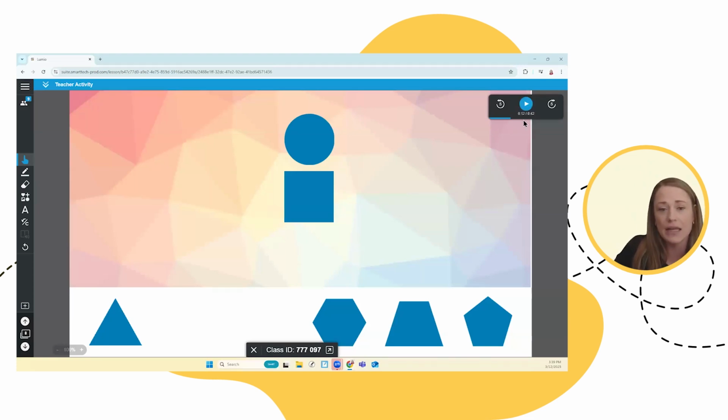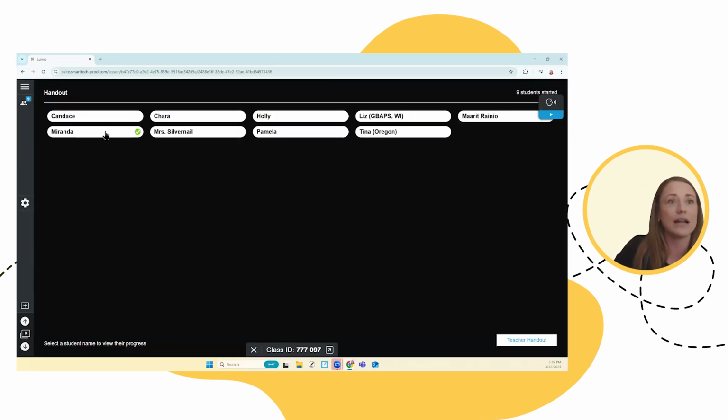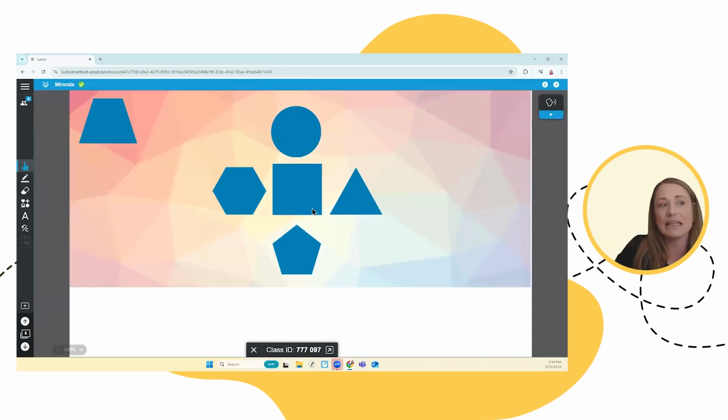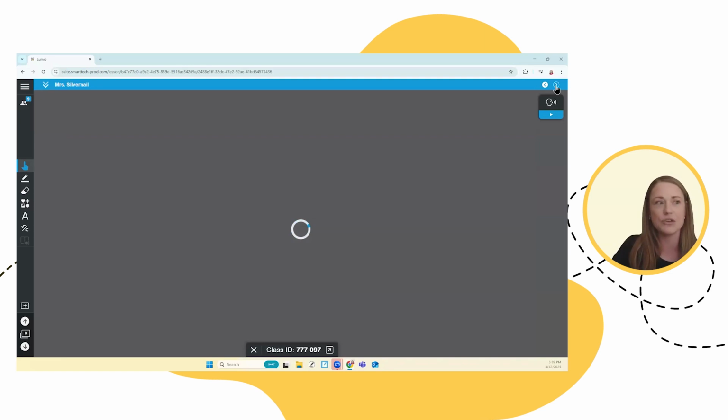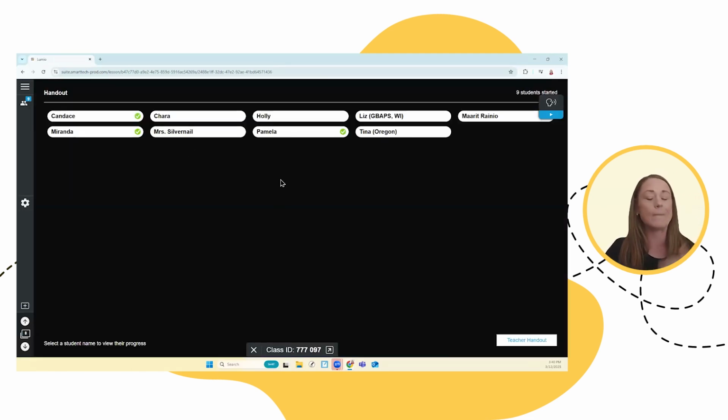So again, instructional audio, great way to have students respond. As a handout, I can pop in. Look, Miranda has already had a check mark. So she's been listening and she is able to move the shapes and follow the directions. So I can quickly at a glance look through and see, did my students get the same picture going? Were they able to follow those directions and positional words? Awesome. Pamela did that as well. So again, individual handout, don't have to stand at the printer. I can have them listen to those instructions and then be able to provide feedback. So one example,